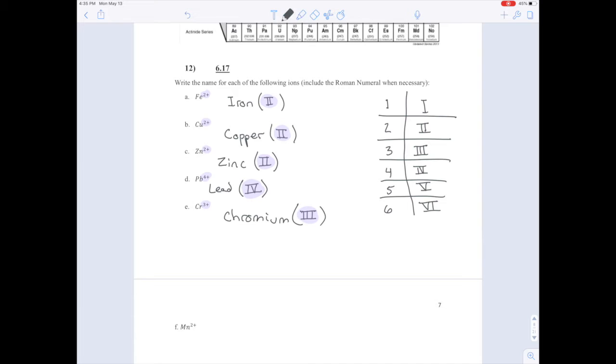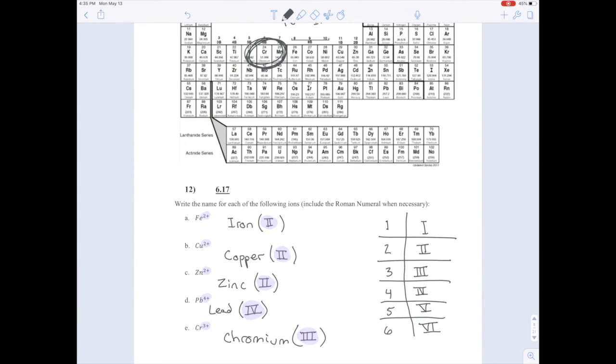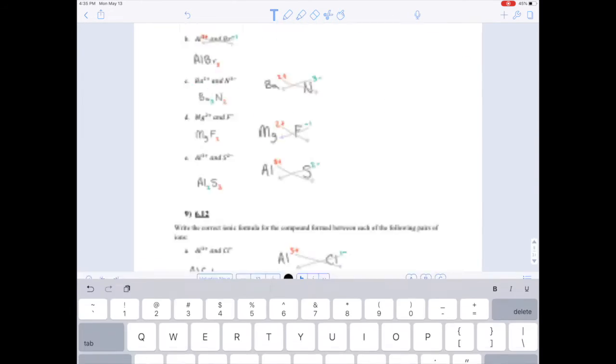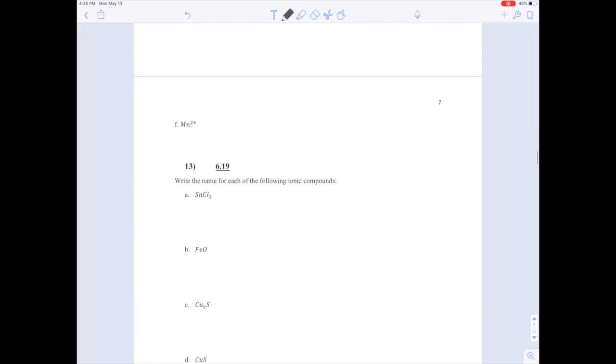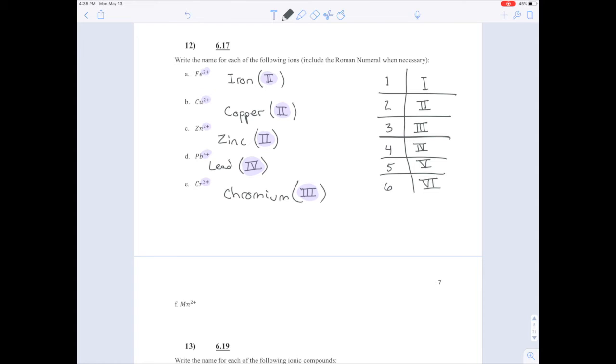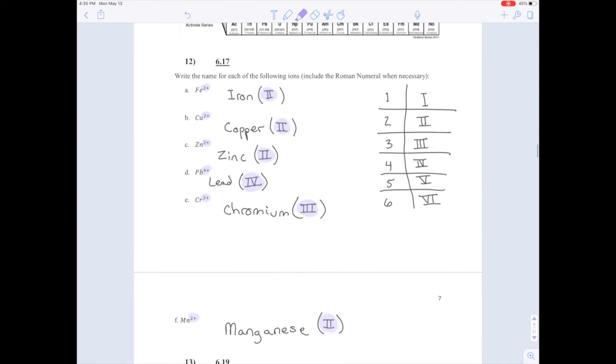Last but not least, manganese. Mn is manganese, not to be confused with magnesium. Magnesium is sort of in the top left. Manganese is one of the transition metals. So this is manganese, but it's not just any manganese, it's manganese that has a 2+ charge. So we put the Roman numeral there, the Roman numeral for 2, to say exactly what charge is on this